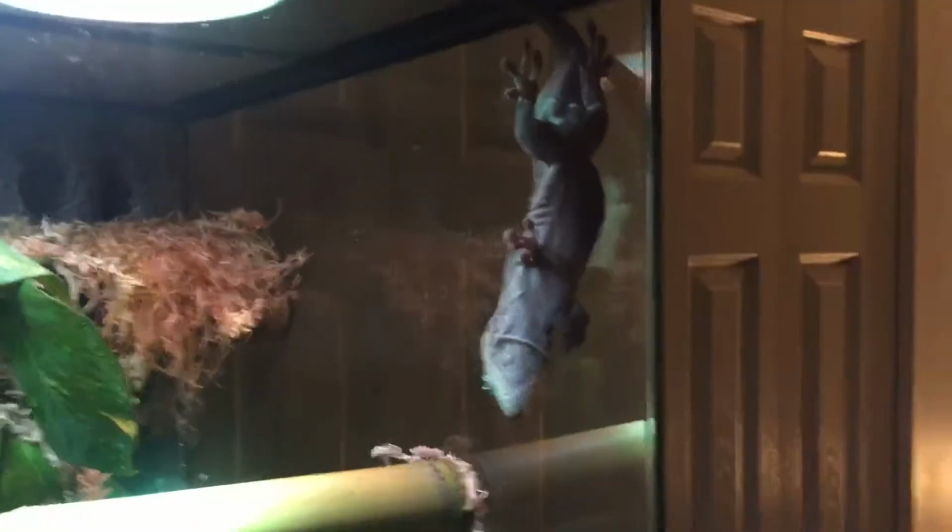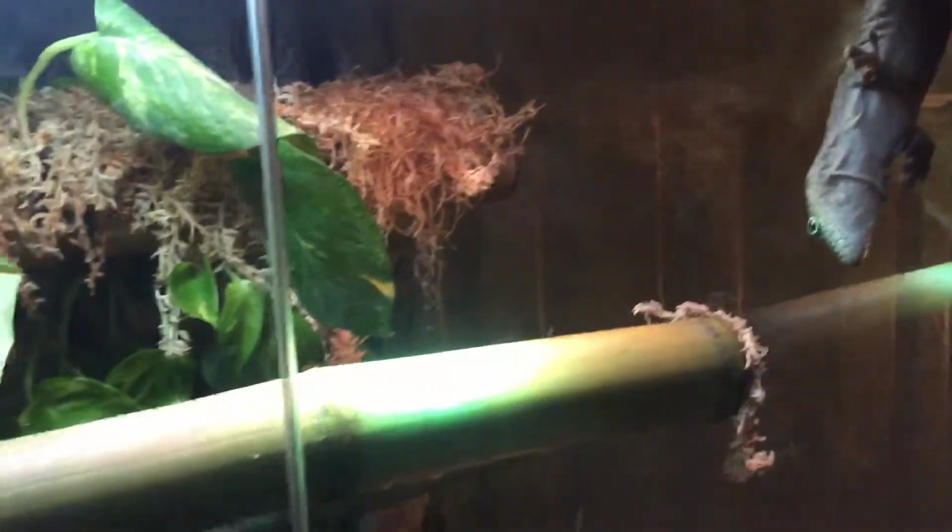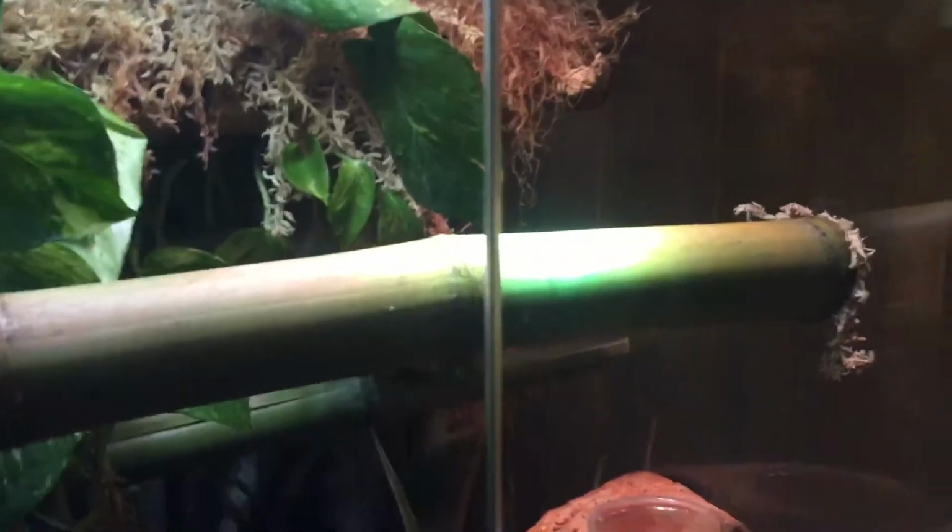Now this is an arboreal species. They stay up in the daytime. That's kind of where they get the name from, the day gecko. They're real active in the daytime. In the nighttime, they go to sleep. They're not nocturnal like your tokays,